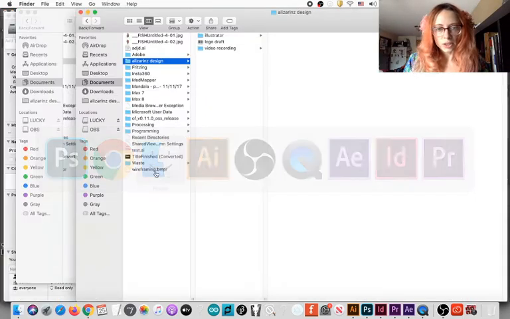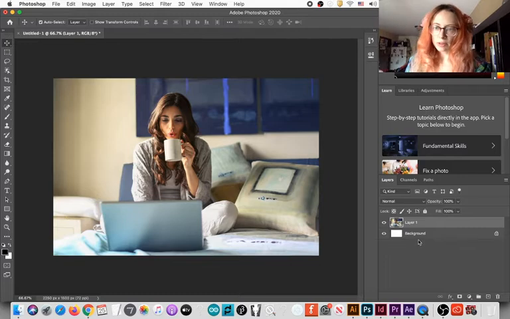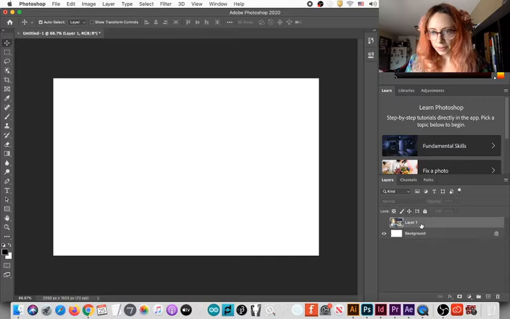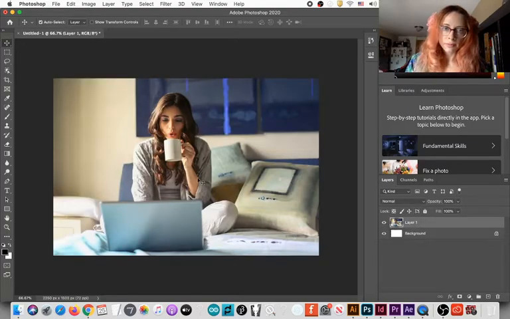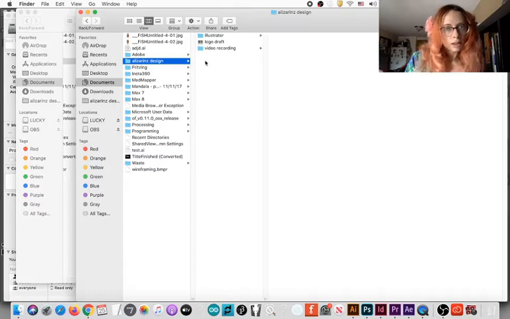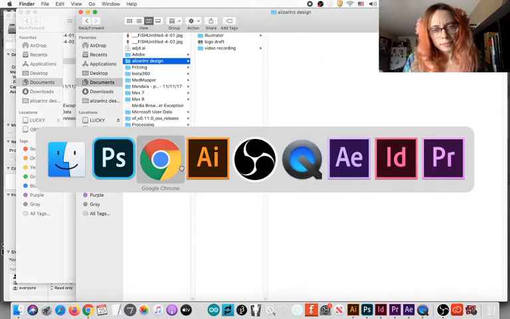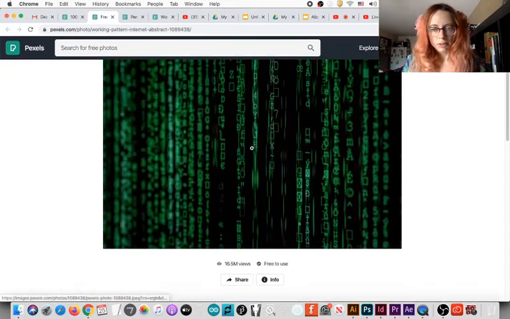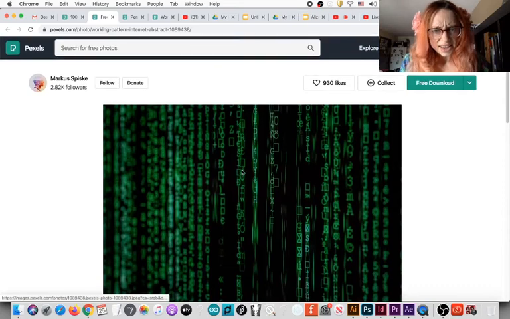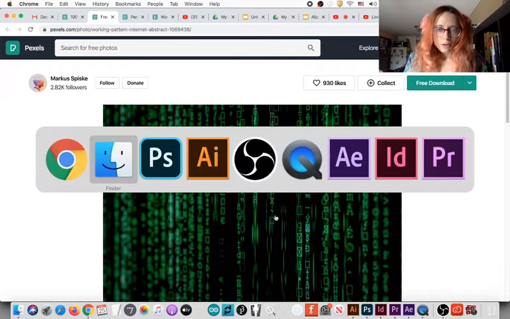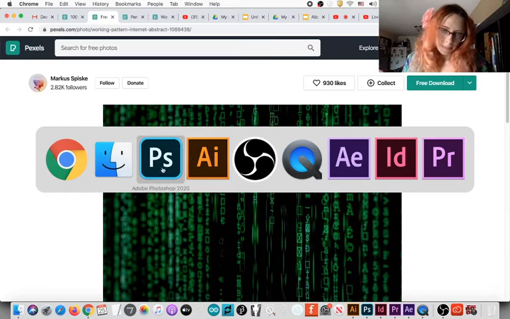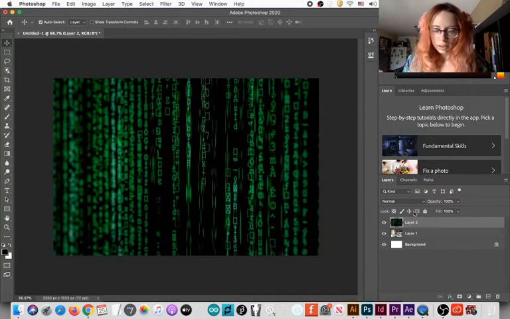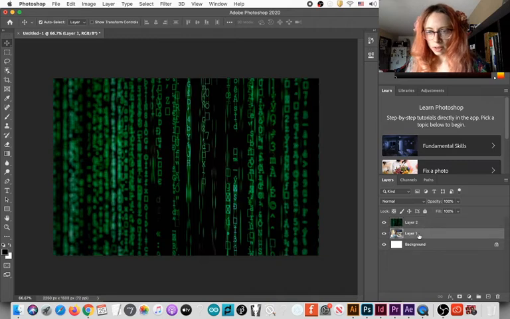I want to use another picture. As you can see on the right here on my Photoshop panel, I had one background layer and I pasted a second layer. Let me add another layer. Ooh, look at this. Old school reference. So now I have layer 2 hiding the entirety of layer 1.